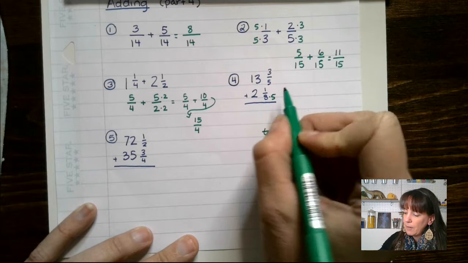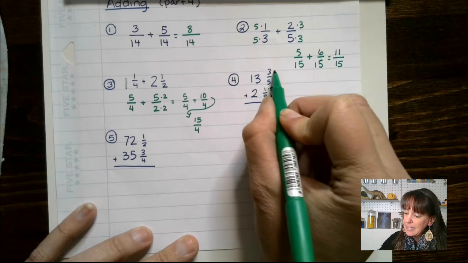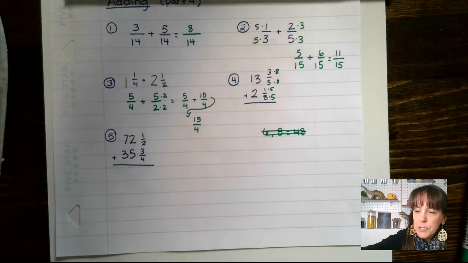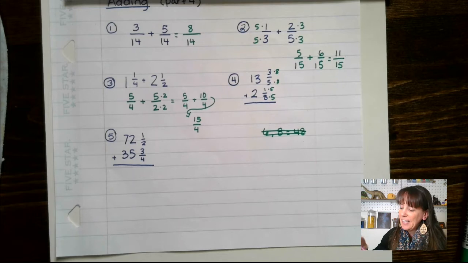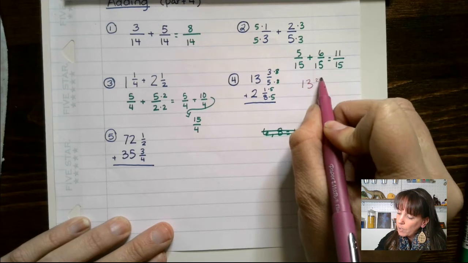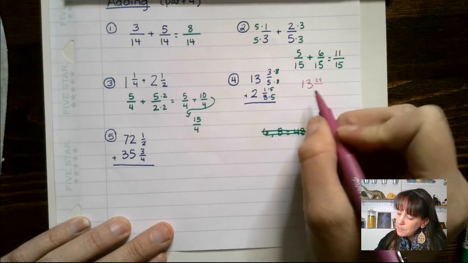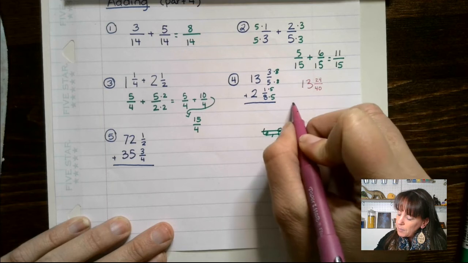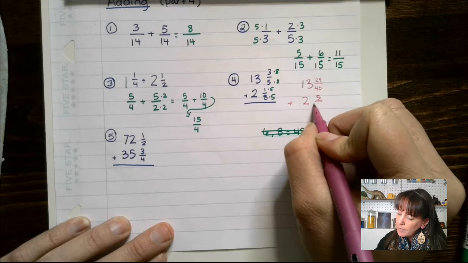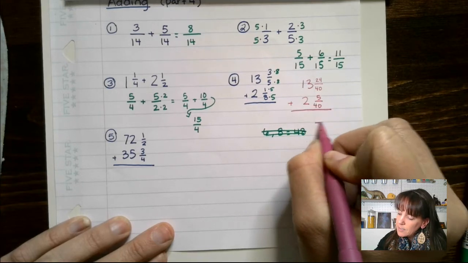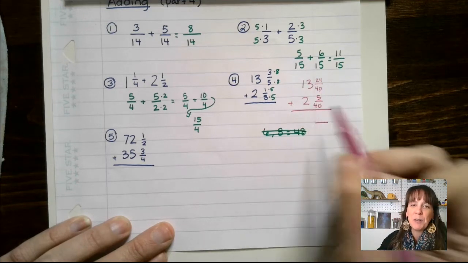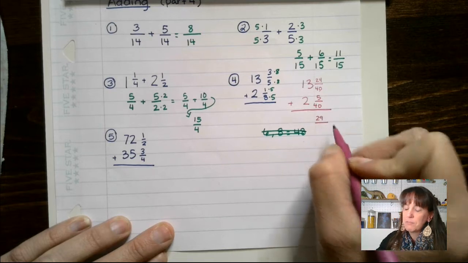So multiply this by 5, and this by 5, this by 8, and this by 8. To make it a little bit easier for you to read, I'm going to switch into a different color so you can see here. Okay, so what I have now is 13, and 8 times 3 is 24, over 8 times 5, which will give me 40, plus 2, 1 times 5 is 5 over 40, which gives me then 24 plus 5, 24 40ths plus 5 40ths gives me 29